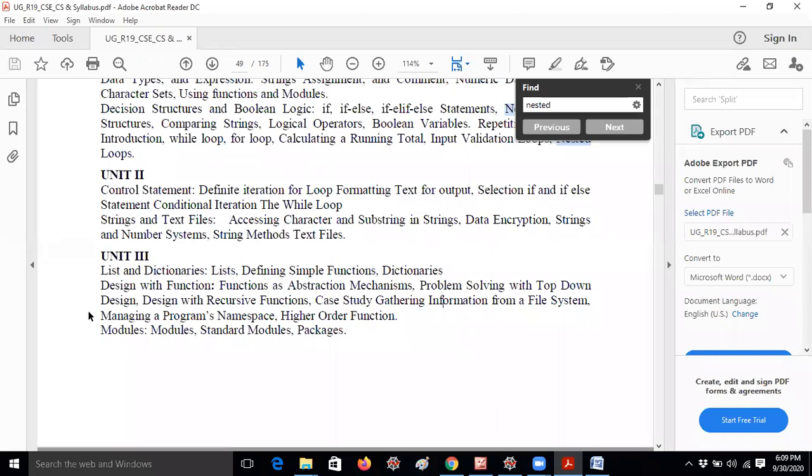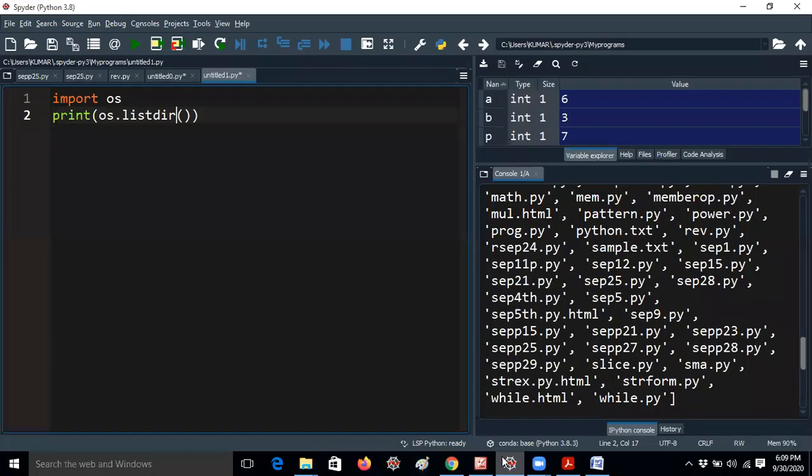Let me move to the concept of managing a program's namespace. It is a somewhat critical topic, so please listen, guys. It is a very important concept, because some faculty may not know about this either. Program namespace, I will give you a simple example. Namespace, what is namespace? I will tell you. For example, one function is there. One minute, guys, let me clear all the drawings.